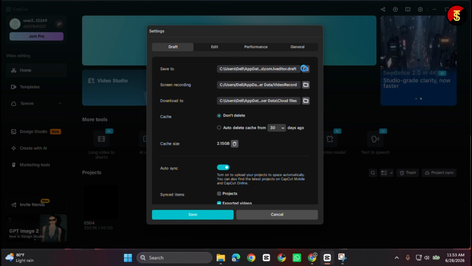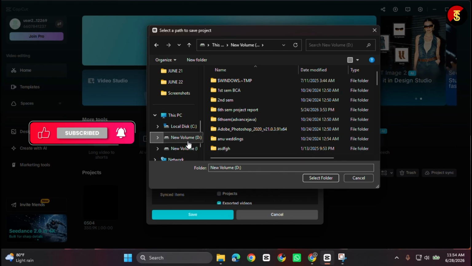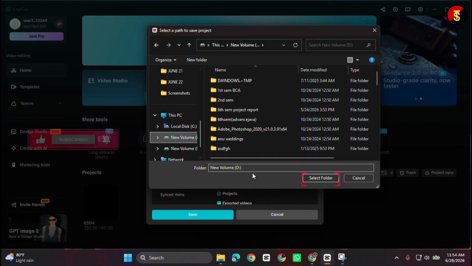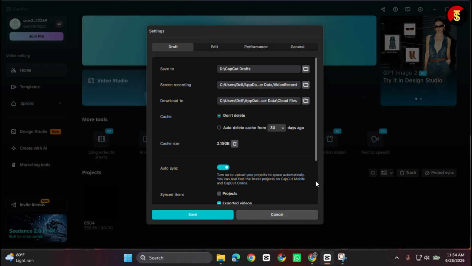Now, browse to the folder or drive where you want CapCut to save your files by default, select the folder, and click OK or Select Folder to confirm. Your new save location will be applied immediately, and future projects or exported videos will be stored in the folder